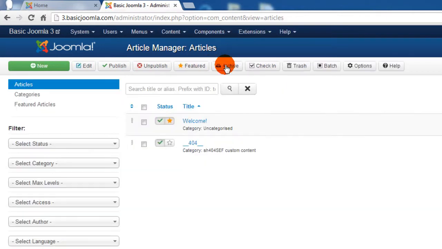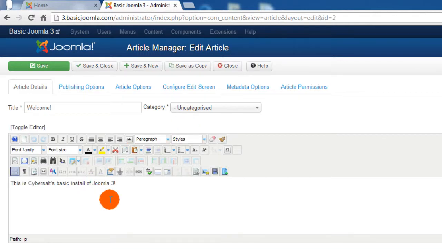Again, you just click close. None of the changes will be saved, and you'll be right back to where you were at the last time that the article was saved. Now, let's suppose for this next button that we're looking at, save as copy, let's suppose that this article is